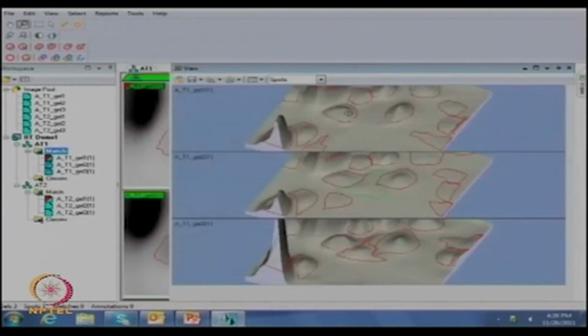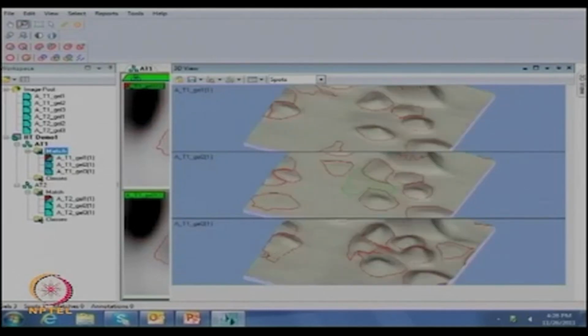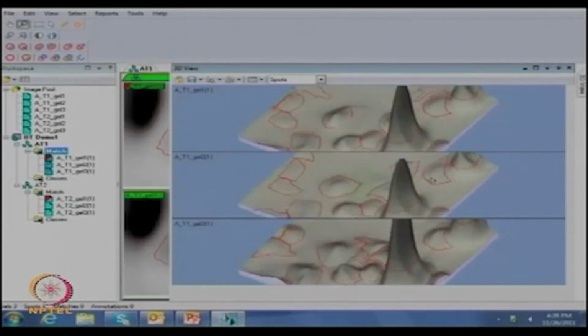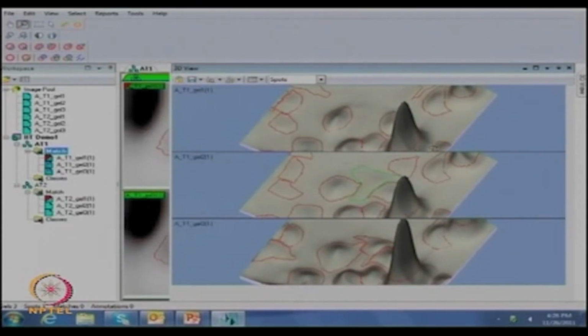Otherwise, I can visualize this. I can zoom in so that one can see more. So now these are the intense spots which we are visualizing. The boundaries are marked from the 75% from the top. Now let's zoom out